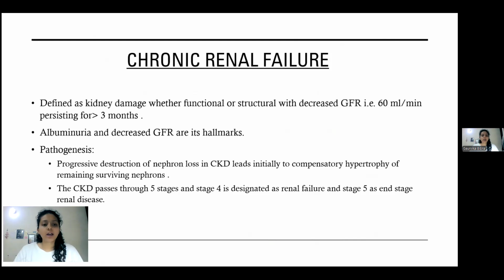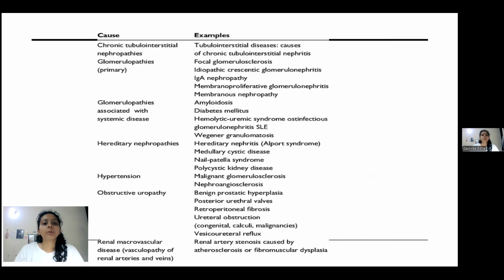Albuminuria and decreased GFR are its hallmarks. Pathogenesis includes progressive destruction and loss of nephrons, and CKD leads initially to compensatory hypertrophy of remaining surviving nephrons. It passes through 5 stages, and stage 4 is designated as renal failure, whereas stage 5 is end-stage renal disease. Causes include